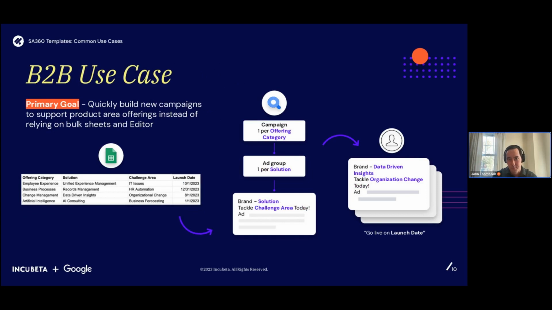For B2B, the primary goal for many B2B advertisers is quickly building new campaigns to support new product areas or offerings that come up. A bit more lead gen focused, right? The products aren't as tangible. It's more so we need new campaigns and copy to be built on the fly to support maybe new sections of the site that are being added. So here we have